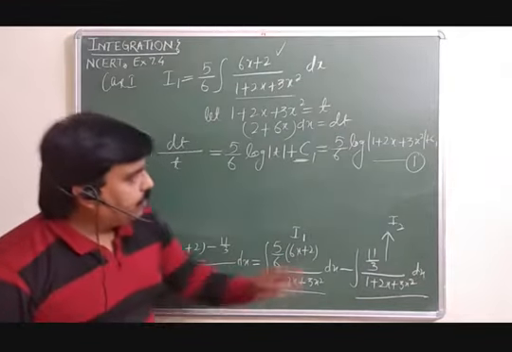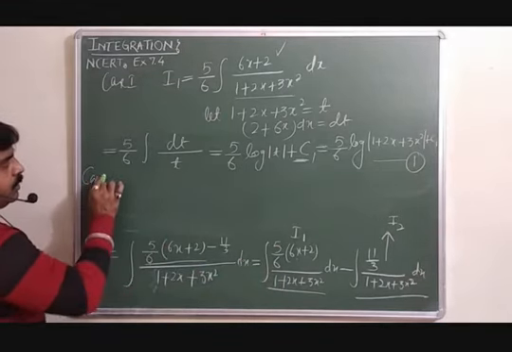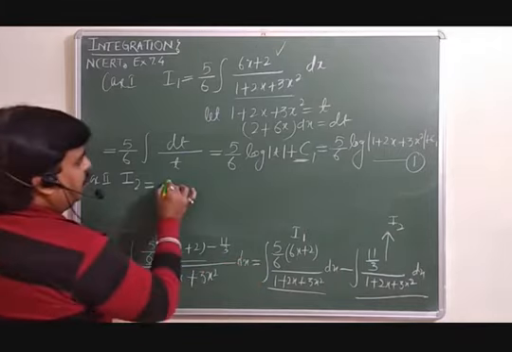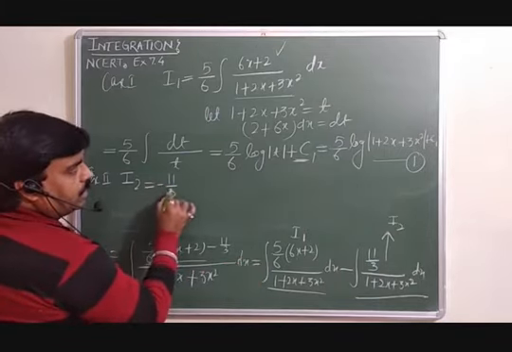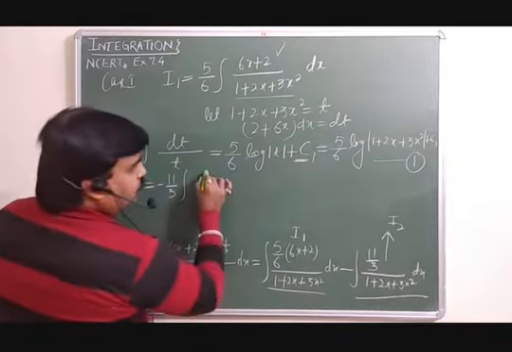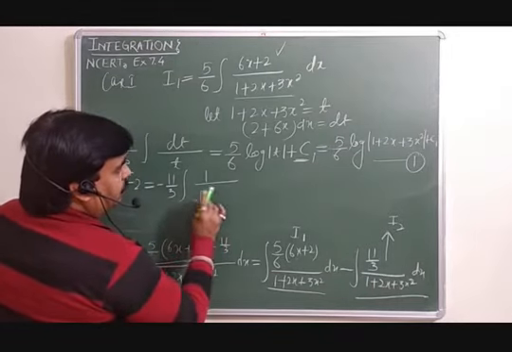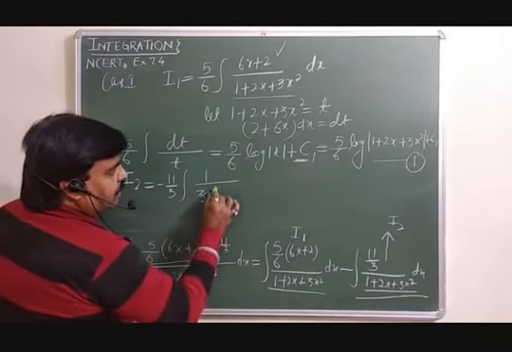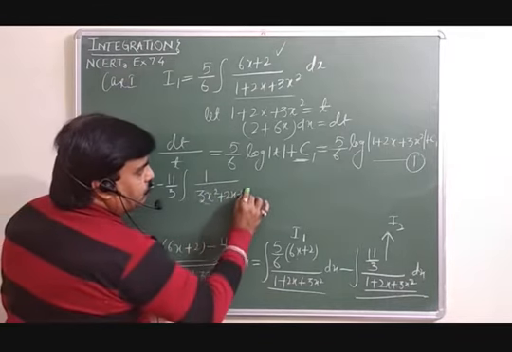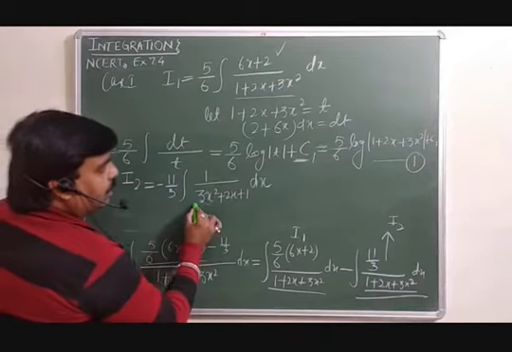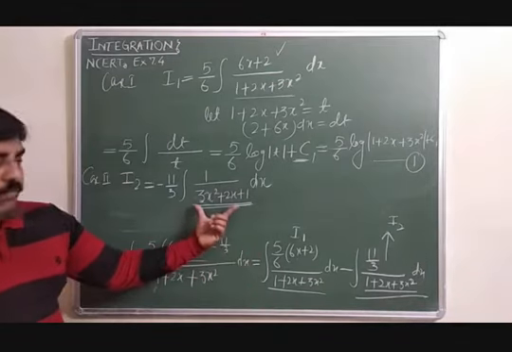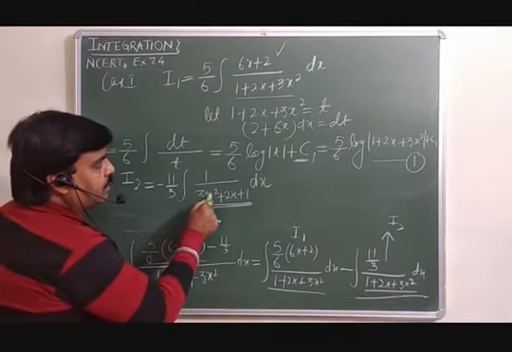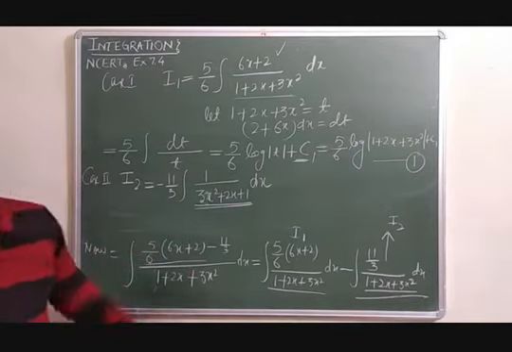Now the second part we are taking. Now case second. You can assume this is I2 is equal to minus 11 over 3, and this is 1 over, for our own convenience let us write it in standard form, 3x square plus 2x plus 1 dx. Now here you are supposed to make it a perfect square, and the coefficient of x square you are supposed to make 1 here only. So let's have a look.